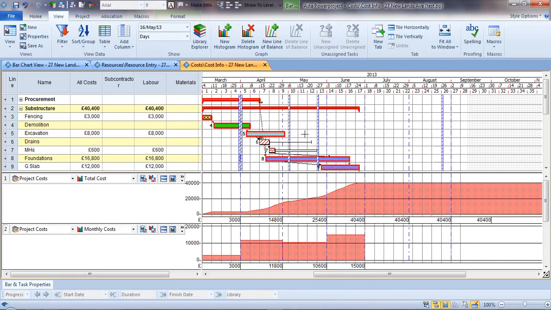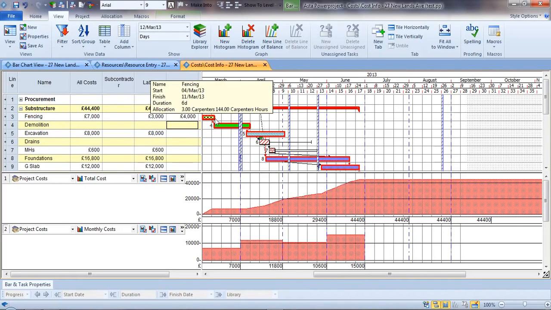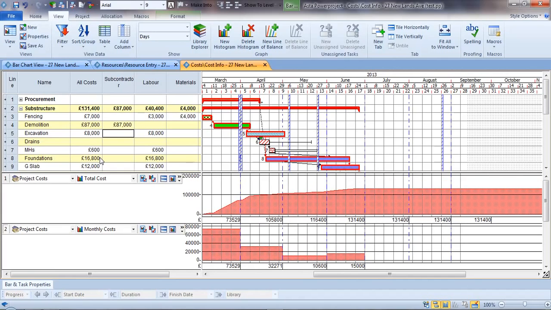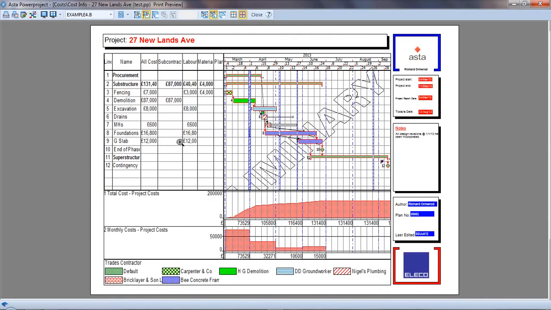So this is our projection of income, and this labour amount has been calculated from the number of hours on this activity. So it takes longer, it takes more hours, the labour price increases. If I undo that, I could put a different amount for materials, so even though the labour price might increase, the materials won't. So Powerproject accommodates these multiple cost centres, but also you can say, well, somebody just told me it cost £87,000 to do that, and we can see the impact instantly on our cash flow. We can preview that on screen so we can see exactly what that looks like, exactly as it is on the page,